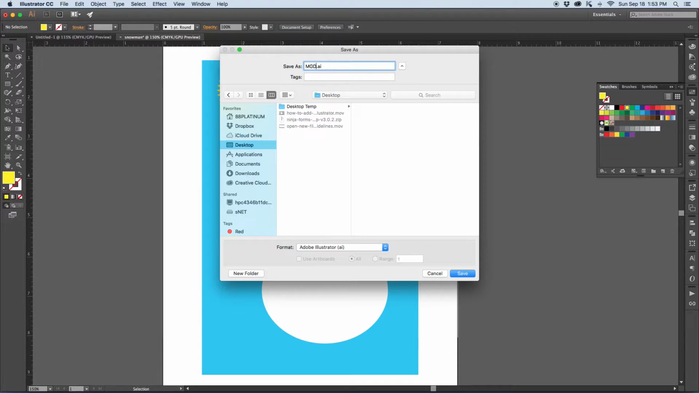And we'll do MGD 102 underscore, and snowman's good, and then underscore again the date. This was done in September of 2016. Underscore again, and then your name. We put that on our desktop, and notice that it puts in the .ai for you, and the format is